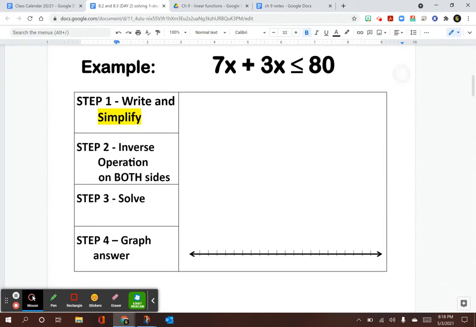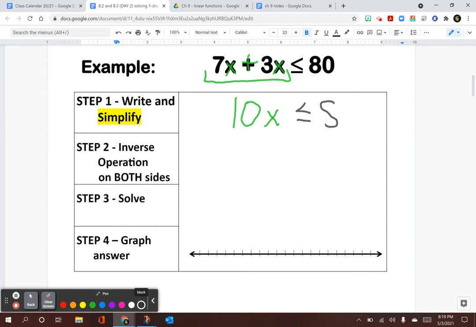The first thing we'll do is just do a little bit of simplifying our inequalities, and then we'll use that inverse to solve. So I notice that I have 7 x's plus 3 more x's, and those groups of x's can be combined as terms because they both have the same variable. Well, 7 x's in one hand and 3 more x's in the other hand really give me 10 groups of x. Now that I have my terms simplified, the rest of my inequality has already been written,